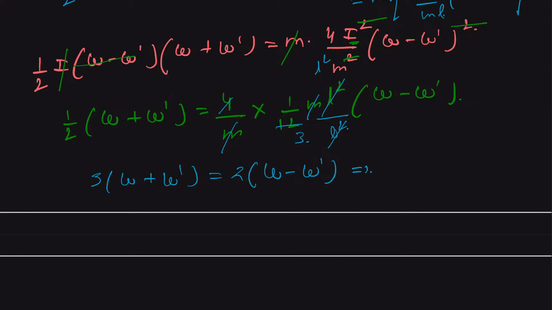So from here we get that our omega prime is equal to minus omega upon 5. So this is our final angular speed of our stick, and negative means the direction will be opposite. Okay. So this was our first question. Second question,